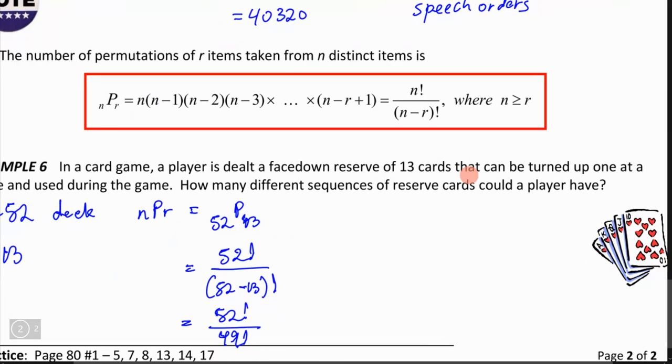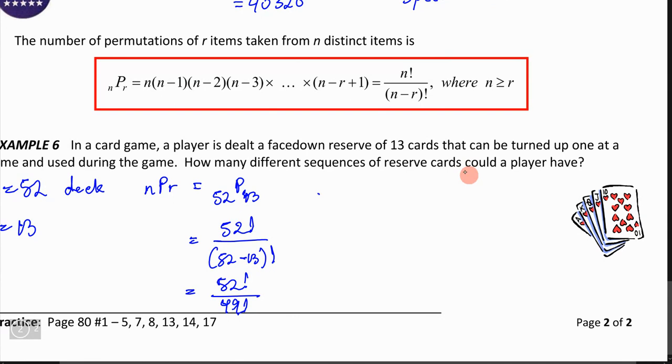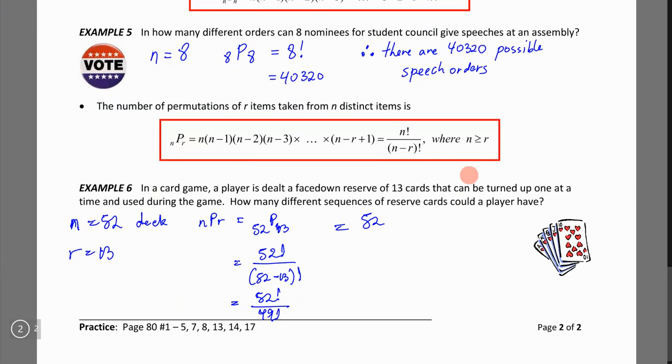I'm not sure why this ink is doing that. This is 52 times 51 times 50 times 49 factorial. I'm going to stop at the factorial because I can cancel it with the 49 factorial on the bottom. Cancel, cancel. And 52 times 51 times 50 is